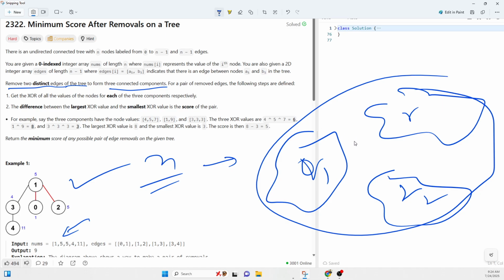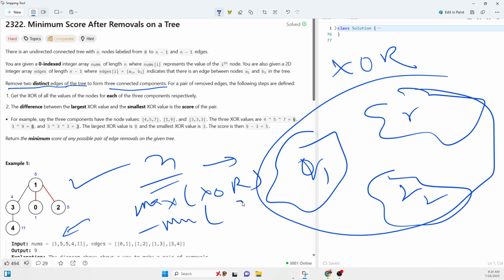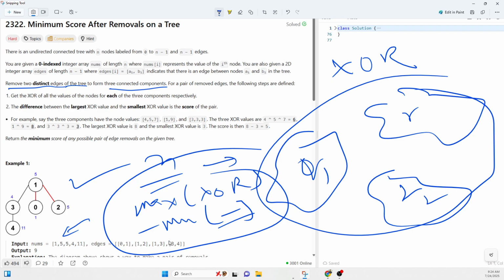Means you have to find the XOR values of the components, of each subtree, and then we'll return the minimum possible score that we can get from the max XOR value minus the min XOR value, right? And that will be our score, and that we have to return. So can I say that